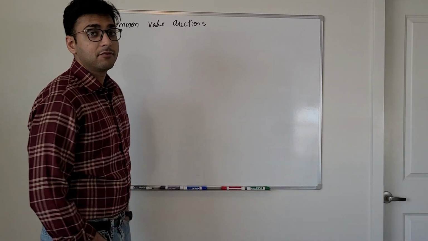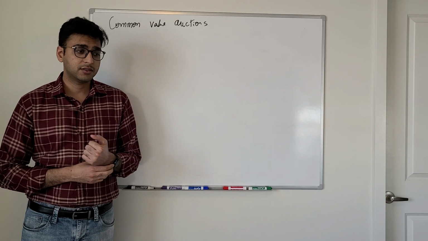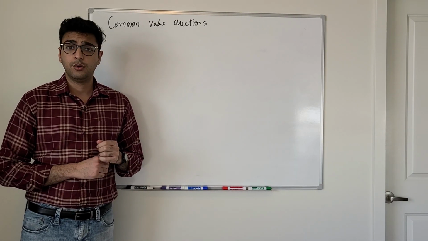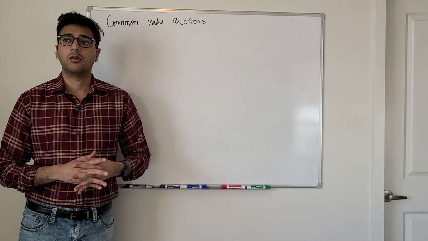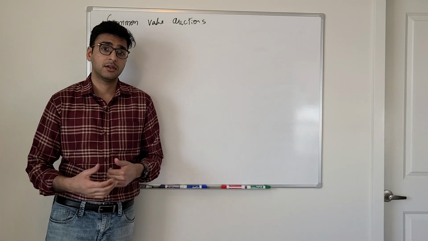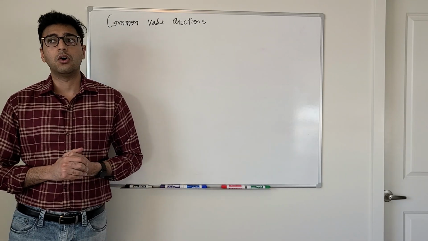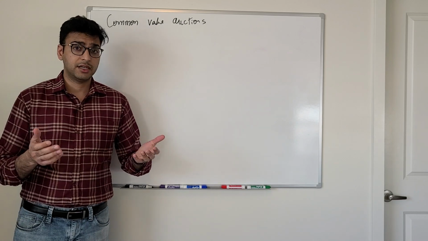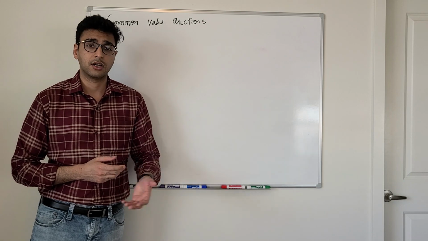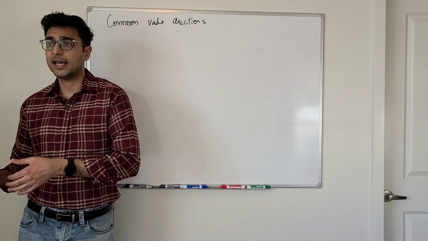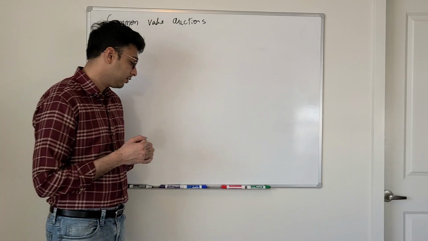Okay, so in this video we will talk about common value auctions. They're different from private value auctions in that valuations here will be correlated. So my value of a good will also depend upon the signal that you've received about that good. So think of something like an oil field or real estate. Let's say I want to invest in real estate. Your signal regarding the potential value of that good is informative to my valuation of that good.